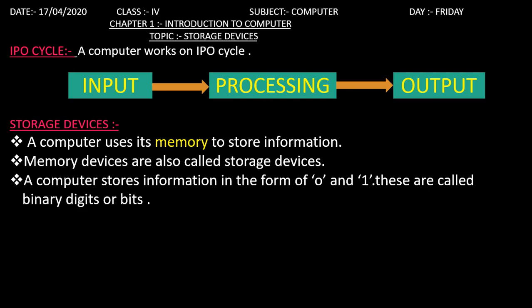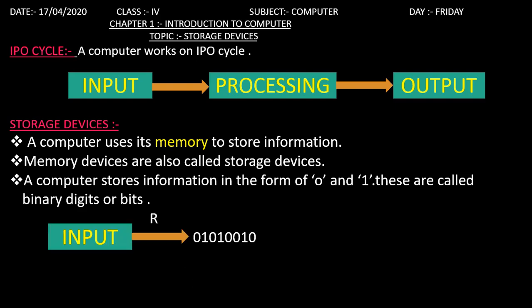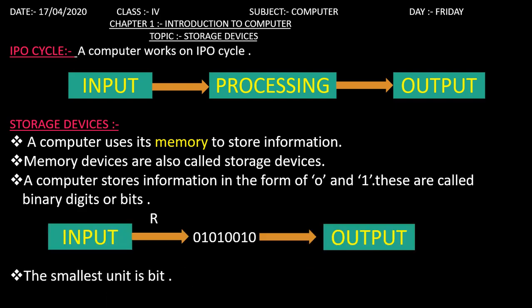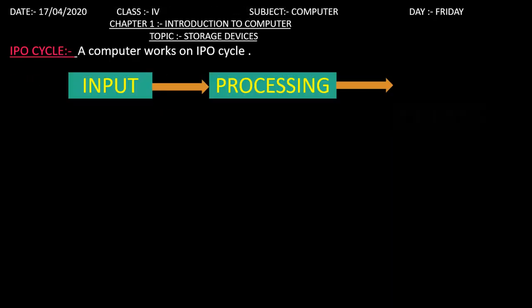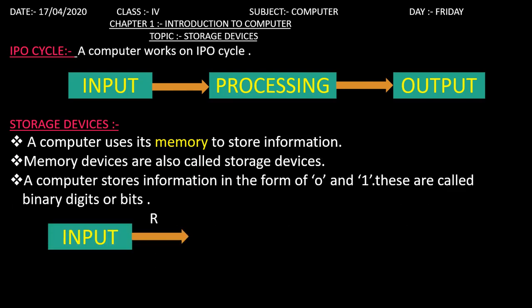Each letter, number or symbol has its own binary code that is very difficult for you to understand. If I write 00101, you are not able to understand what is written here. But thankfully we have a component in the computer to interpret our language into the computer's binary digits.